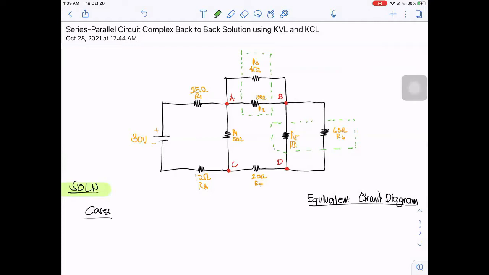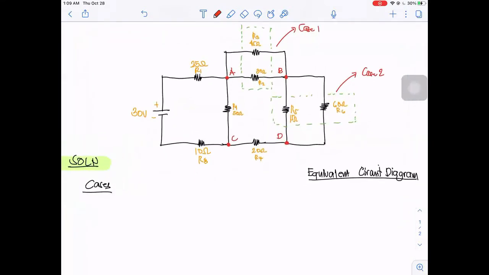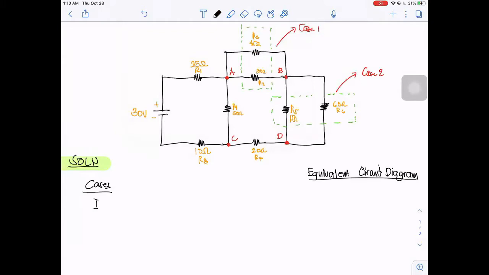simple equivalent circuit. So let's say this is our case 1 and we have case 2. So we have here on the right side the equivalent circuit diagram and the number of cases that we are going to solve. So let us start. We will start on the first case. So case 1, we have 1 over the equivalent resistance is equivalent to